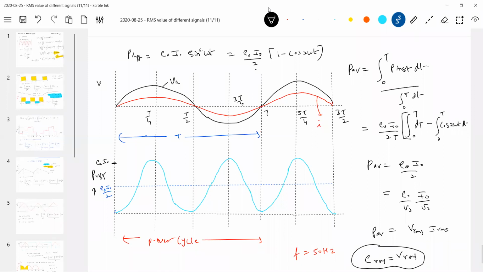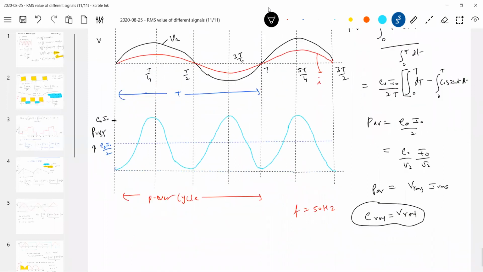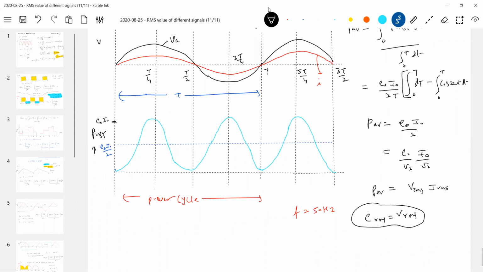How to calculate IRMS? I'm applying again the Ohm's law. So what is Ohm's law? Across the resistor R, the Ohm's law will be VRMS equal to IRMS into R, or E naught equal to I naught into R, or instantaneous voltage. Depending upon if you know the peak value, V naught equals I naught R. If you know the RMS value, like this. If you know the instantaneous voltages and currents, this will be the Ohm's law across a resistor.